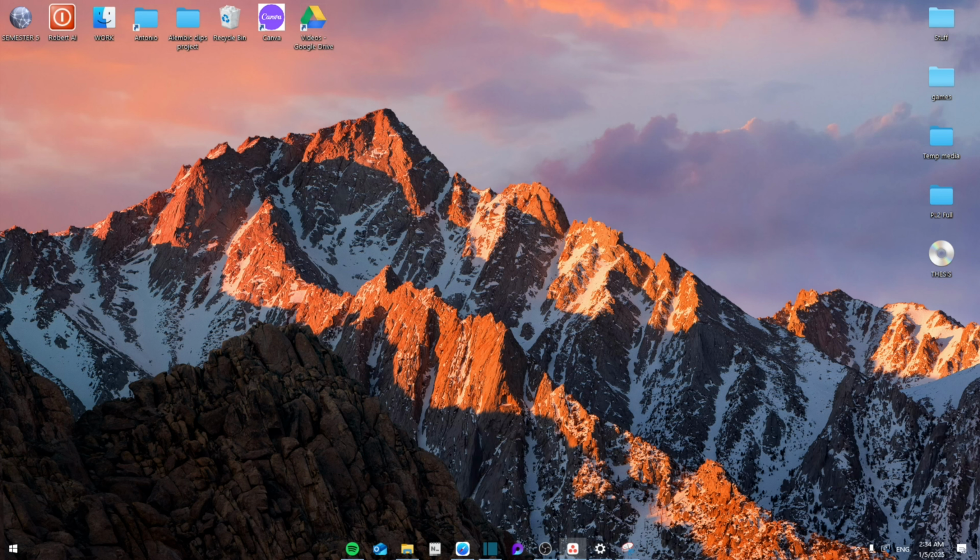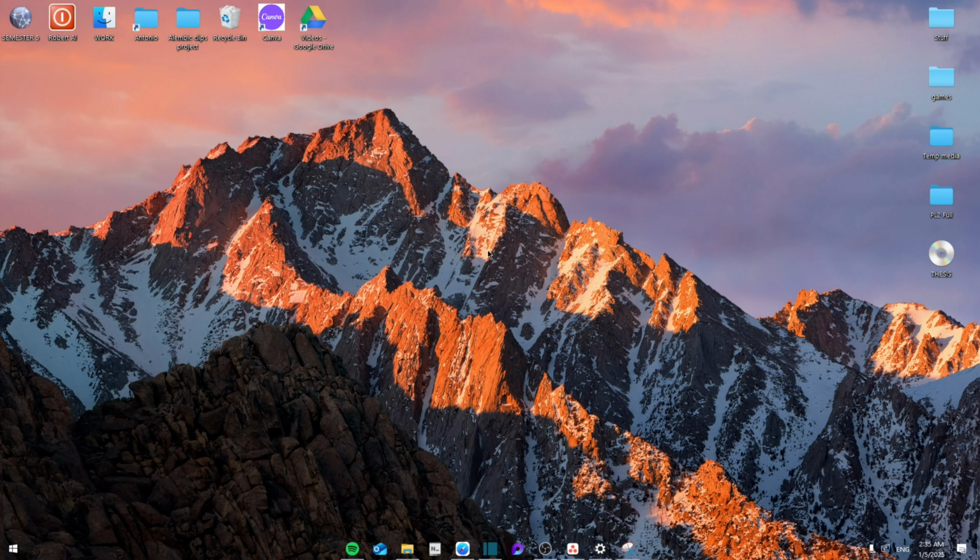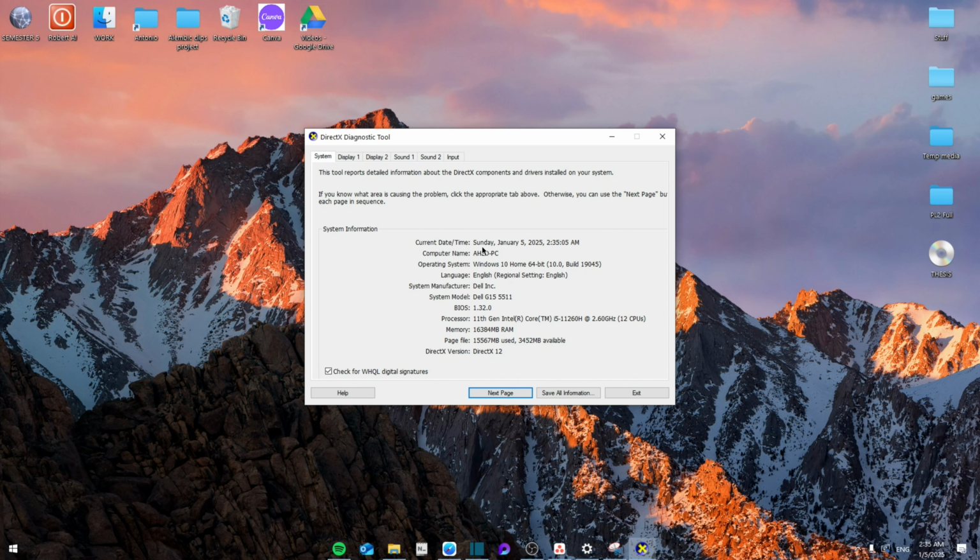So simply you're going to go to your search bar settings and then type in DXDIAG, which will run for your DirectX system. And if you can see right here, it shows DirectX 11 or 10, then we'll simply